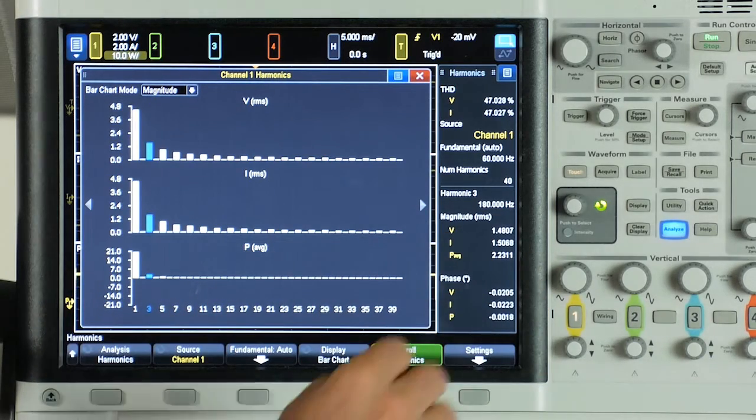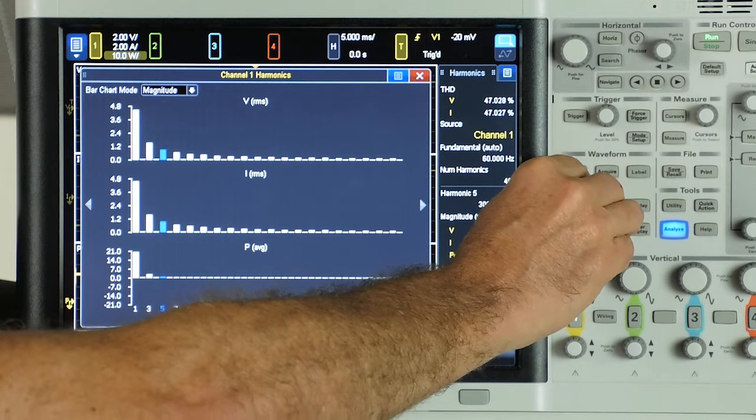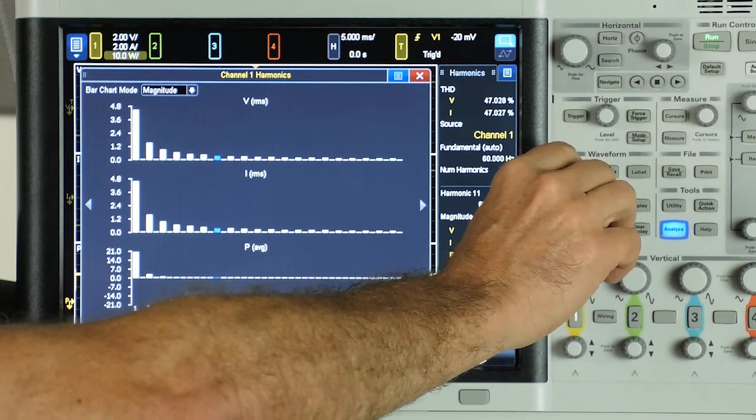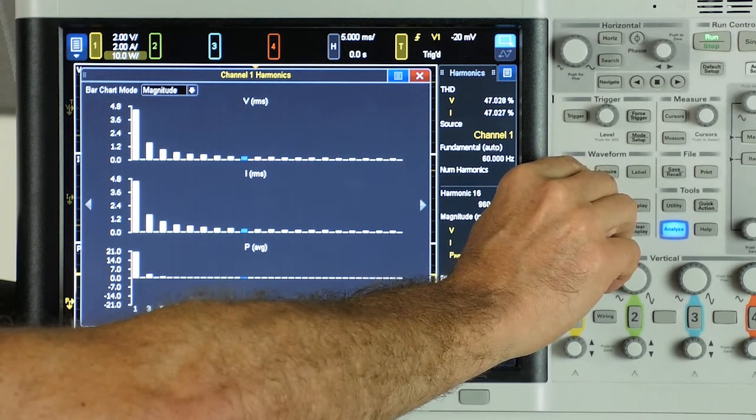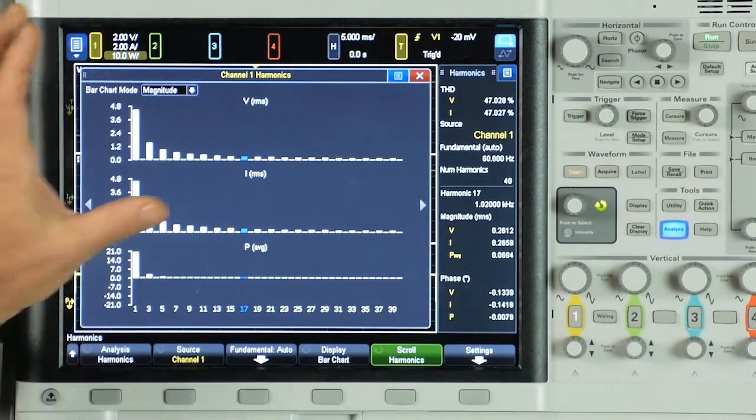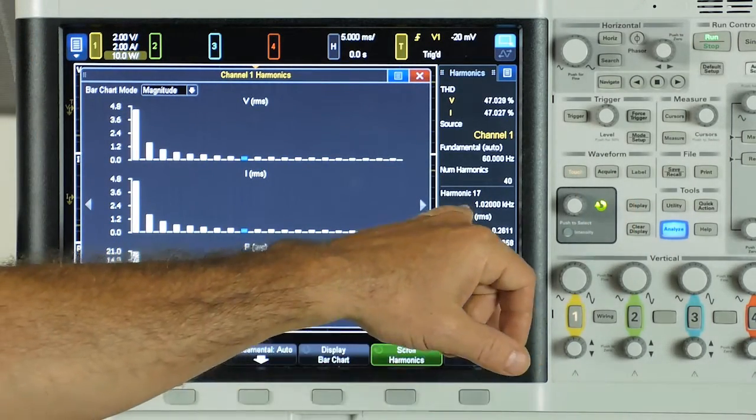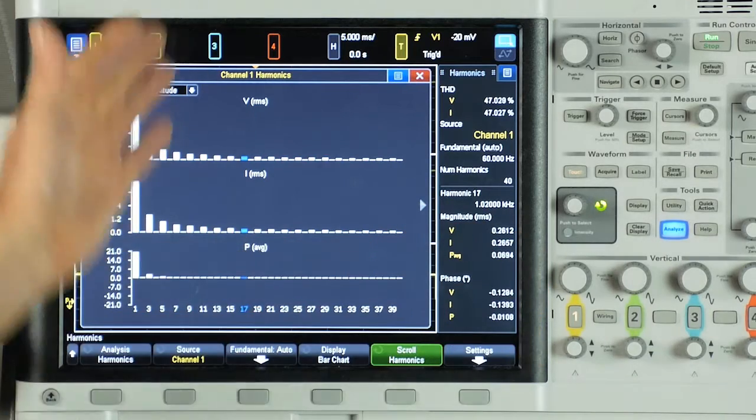So you can do that with each harmonic just by moving this out, and you can see the blue bar go out in the harmonic range. And as I moved it out there, now we're looking at the 17th harmonic, and this is all the information